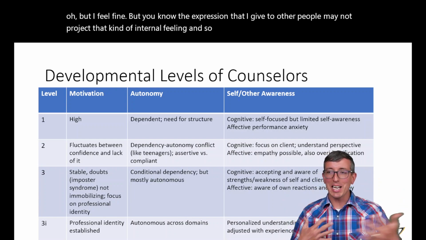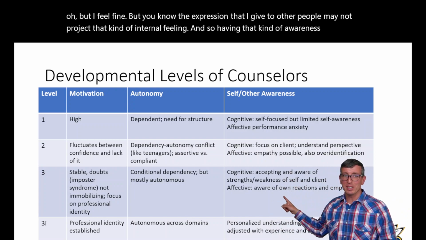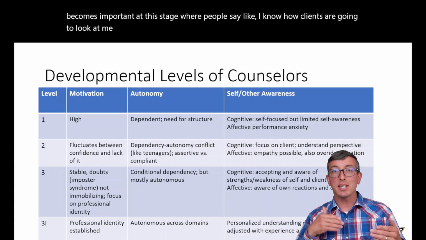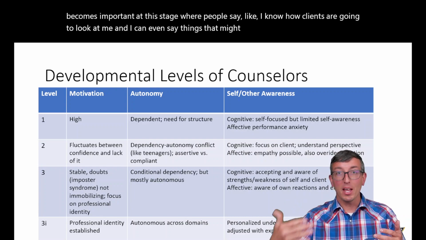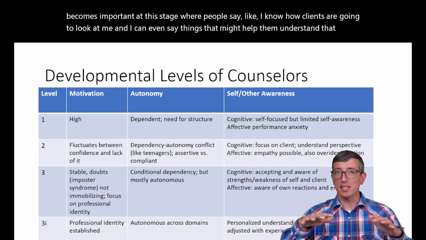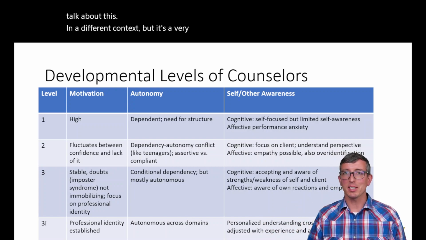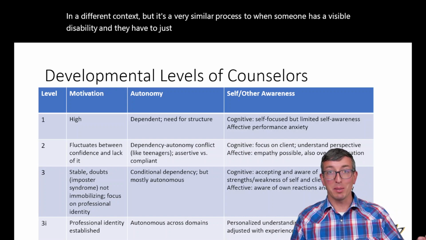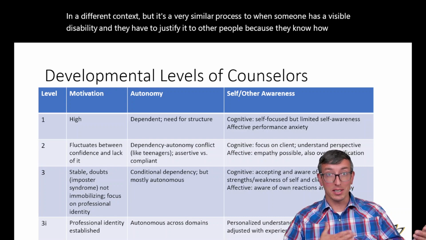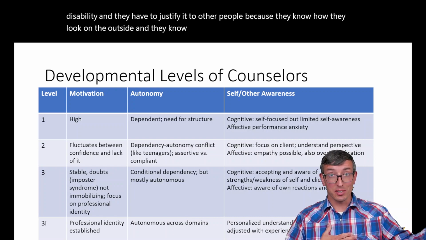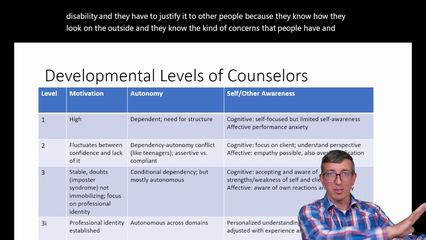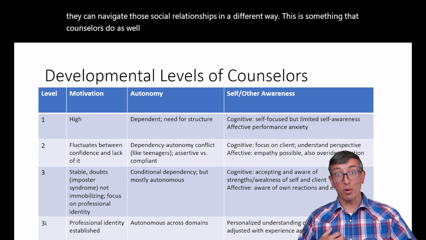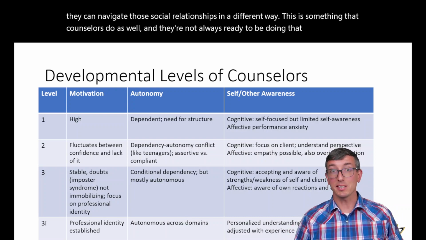And so having that kind of awareness really becomes important at this stage where people say, I know how clients are going to look at me, and I can even say things that might help them understand that. We talk about this in a different context, but it's a very similar process to when someone has a visible disability and they have to justify it to other people because they know how they look on the outside and they know the kind of concerns that people have, and so they can navigate those social relationships in a different way. This is something that counselors do as well, and they're not always ready to be doing that kind of thing because sometimes it comes out as